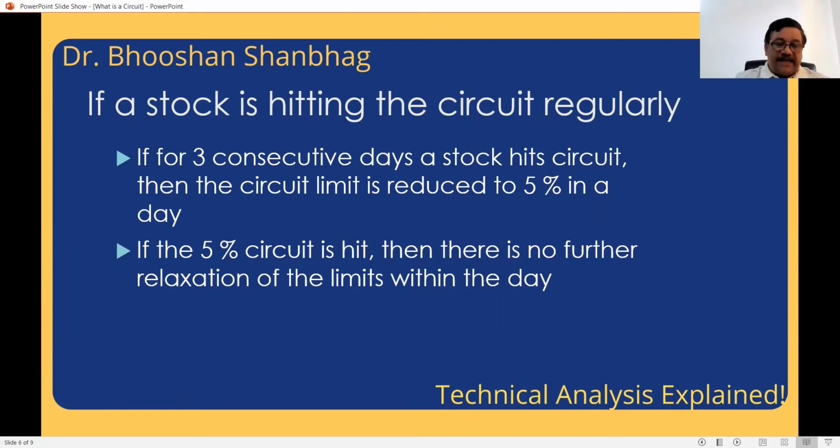So let us take the same earlier example. Let us say first day, the stock's previous day close was 1000. First day upper circuit was hit till it reached 1200. Now, for day 2, what will happen? The previous day's closing price will be 1200. So 20% of that, that is 240 points up and down, will be the circuits. So let us say it went up to 1440. Third day, 20% of 1440 will be the limits. Correct. From fourth day, whatever will be the third day's close, only 5% beyond that. Understood? So this is how it continues.